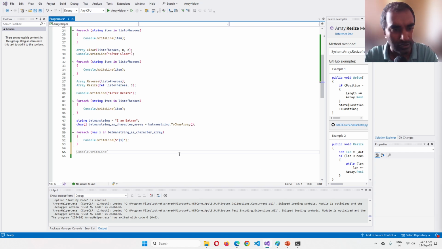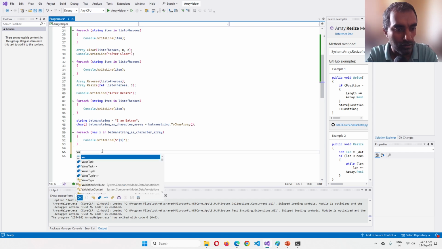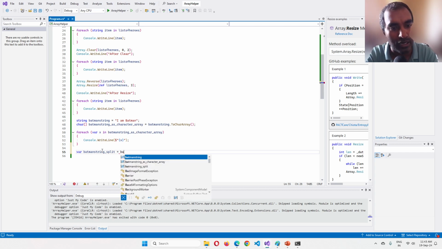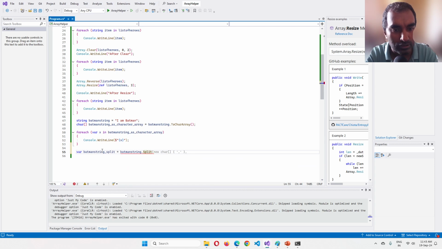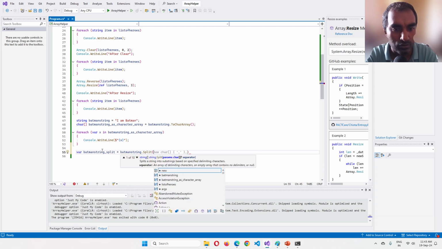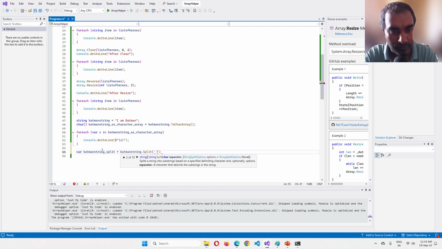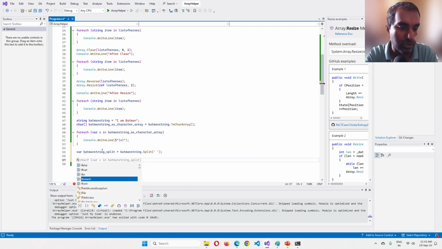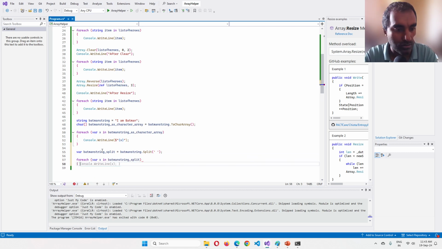What about the split thing? So let's try the split thing. So here I am going to say var Batman_string_split is equal to Batman_string.Split, and then here I have to give a separator, based on what. Now I see that "I'm Batman" has some spaces, so maybe I can split based on the space. So I can say space, semicolon, okay, and then if I say foreach var x in Batman_string_split,